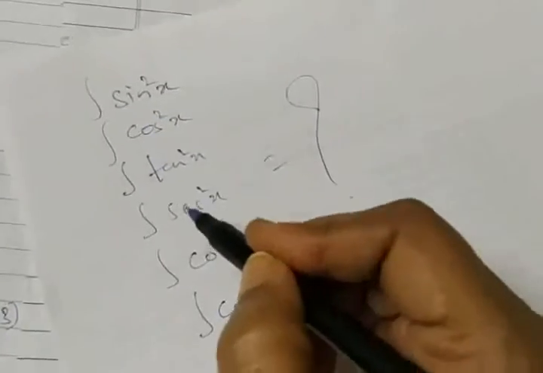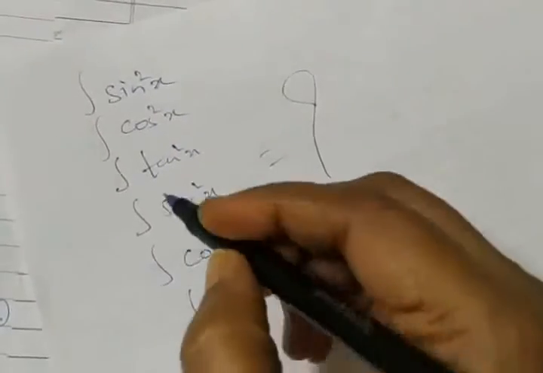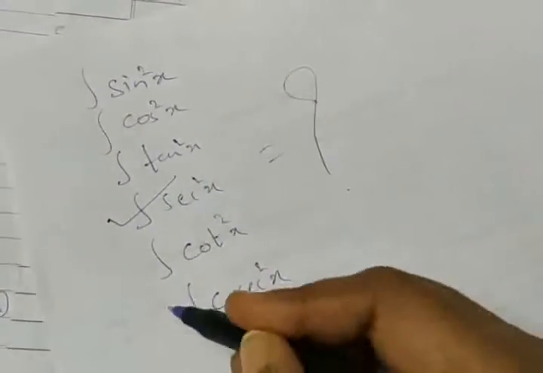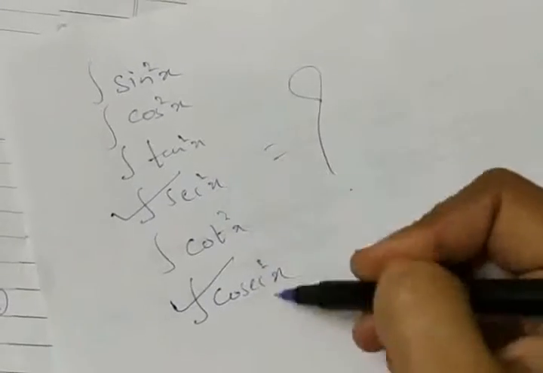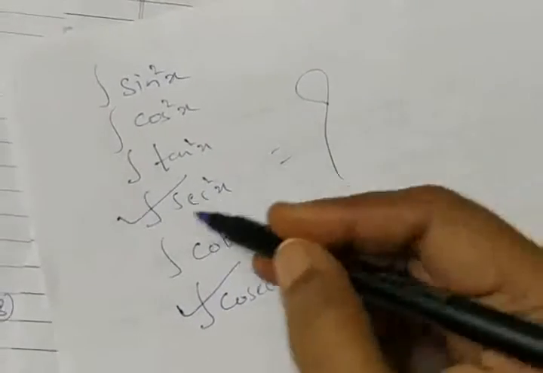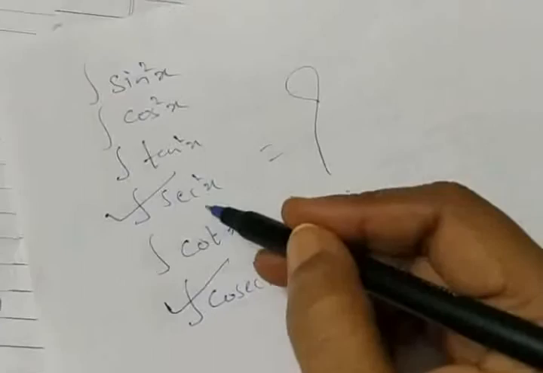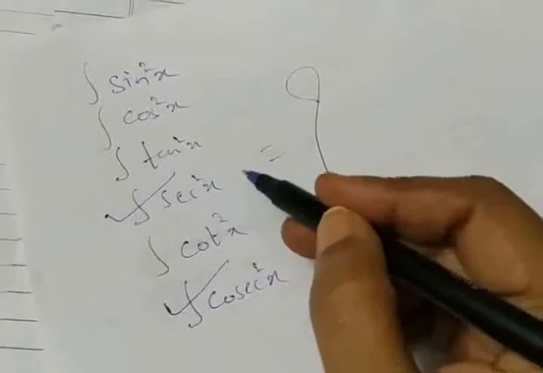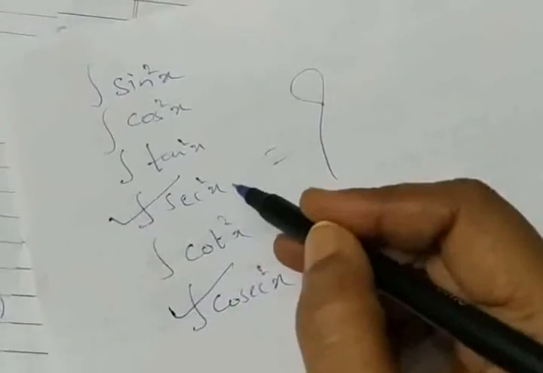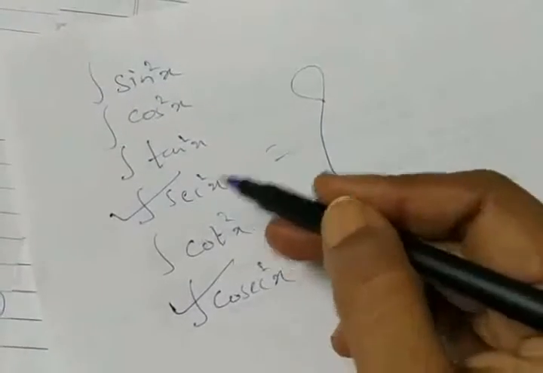If I expect the answer from you, definitely this part we have discussed and this part we have discussed. These two are standard results. The answer itself is ready for us. I can take the answer as tan x plus c, integration of secant square. It's a ready-made answer. It's an antiderivative.